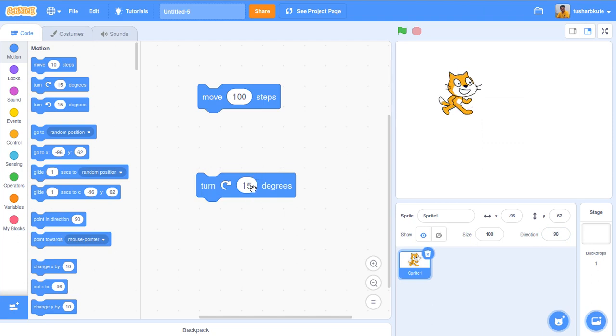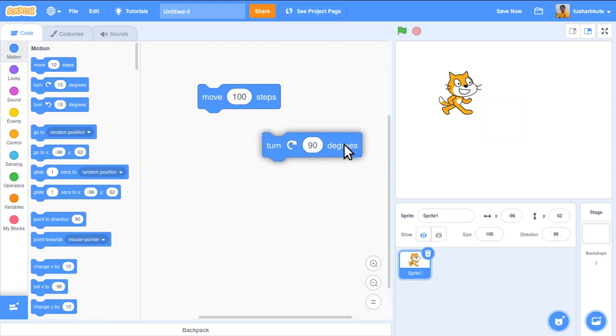This number is also modifiable. So I want 90 degrees rotation. I'll write 90 here. Click, click, click, click. So a total 360 degree rotation is there, 90, 90, 90, 90, four times, and it has gained the original position at the end of it. So to turn towards clockwise direction, we will be making use of this option.